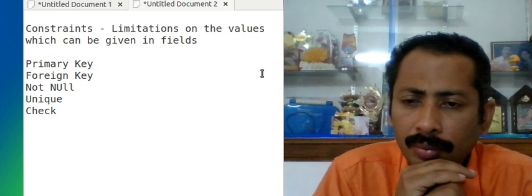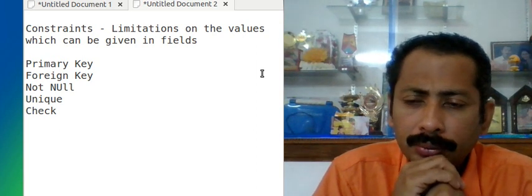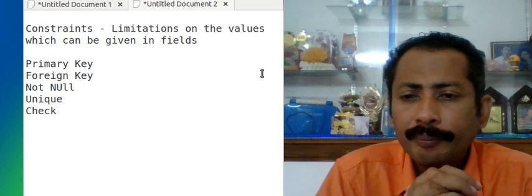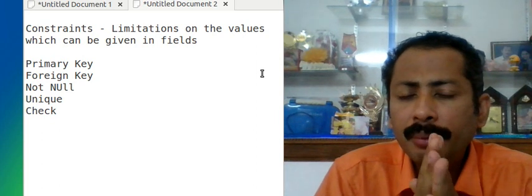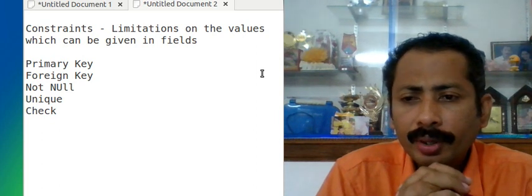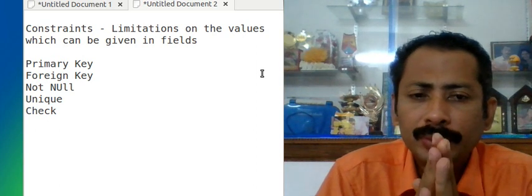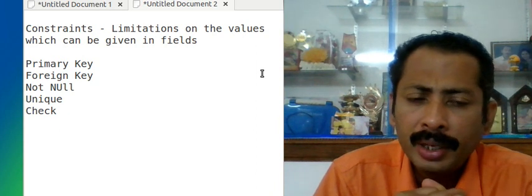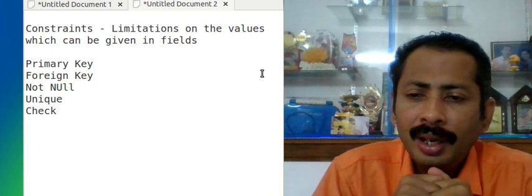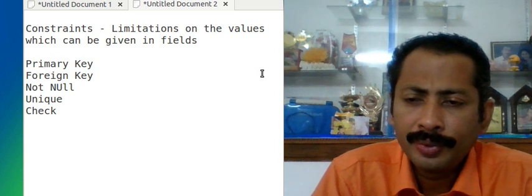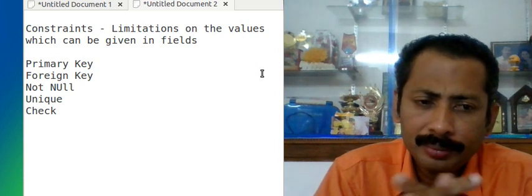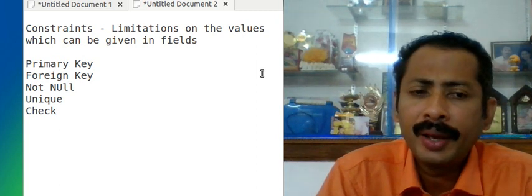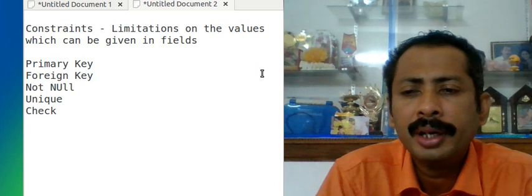Primary key will also contain no duplicates, and there is a concept called null. Null means a value is not entered. During insertion of data, a value is not entered and we call it null. And the not null constraint is used for setting a column so that this field cannot be skipped without entering data.